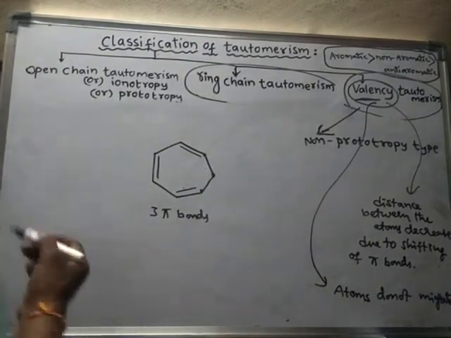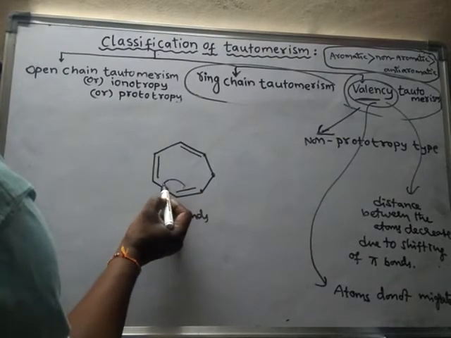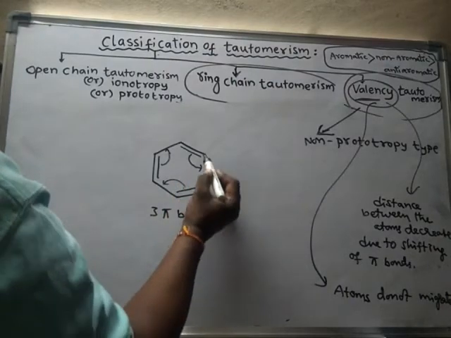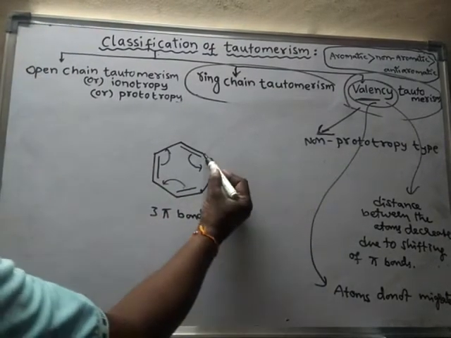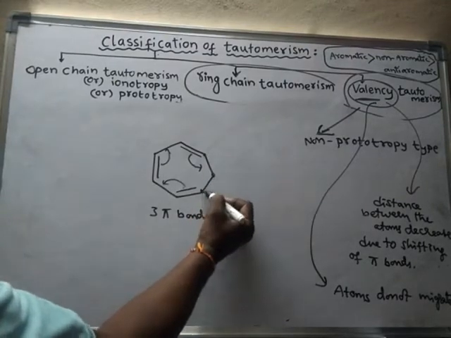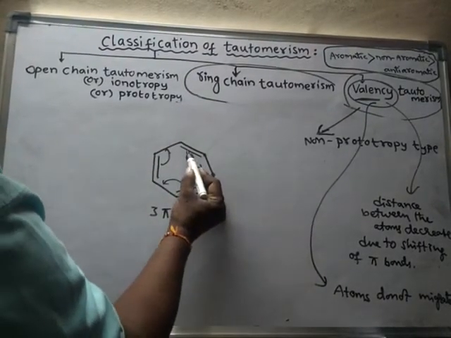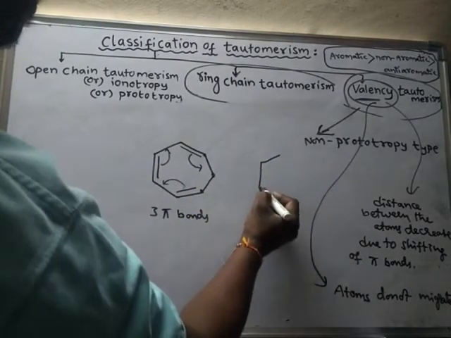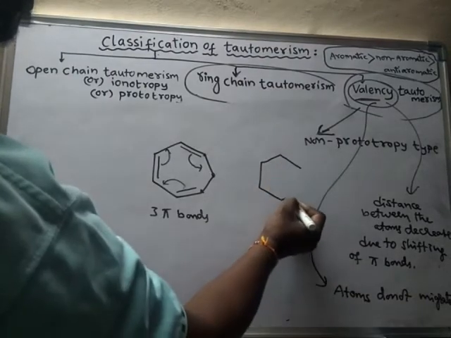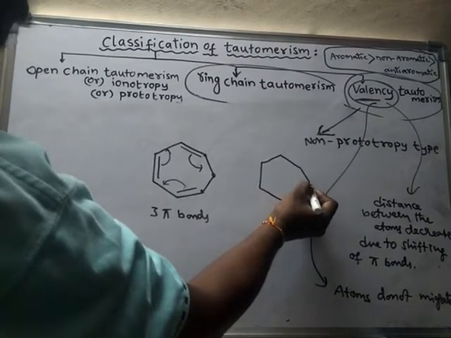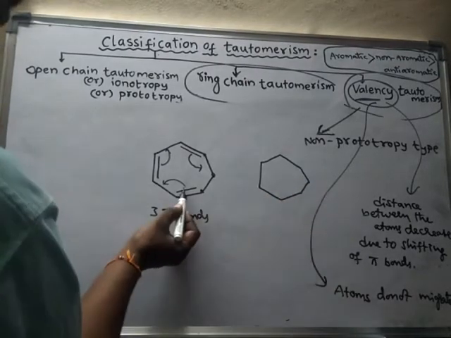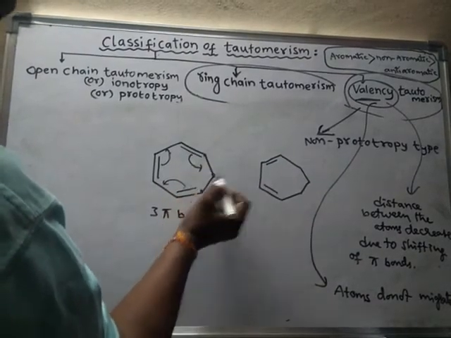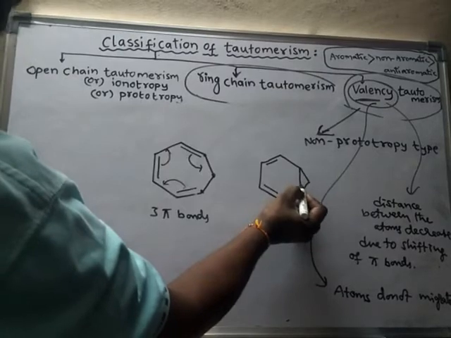Look here. What happens in this process? This double bond will shift here, and this double bond will shift here between these two. Actually, between these two carbons is a 3 carbon length chain. So a new bond is formed between these two, like this. This bond is shifted here, and between these two carbons, a new bond is formed.